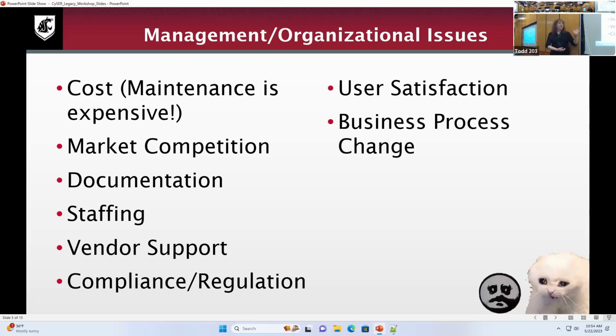And then business process change is another huge one here. As what you do as a business changes, you need to reflect that in the systems that you've implemented. Are they up to the task of actually meeting those business process changes? In an accounting system, the main idea of a general ledger isn't really going to change all that much over time. But for other systems, you might actually have a significant change in the business process, and you might not be able to adapt the system to meet that change. Which gets back to your market competition. If they're able to do that, very